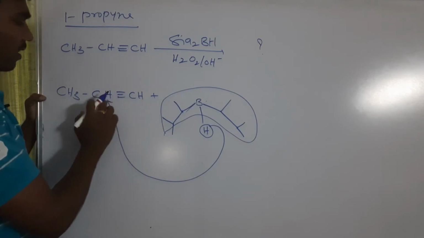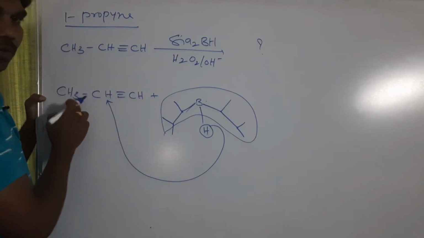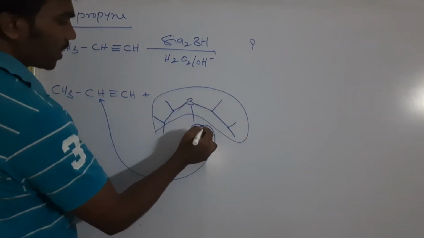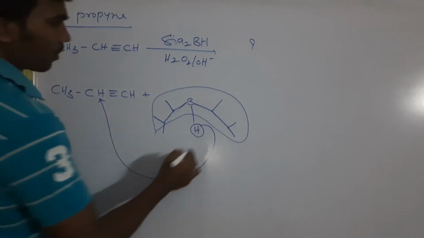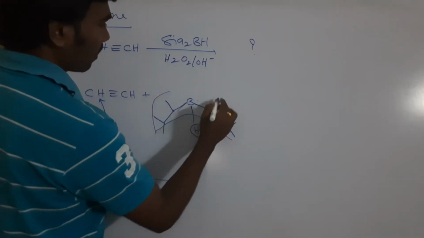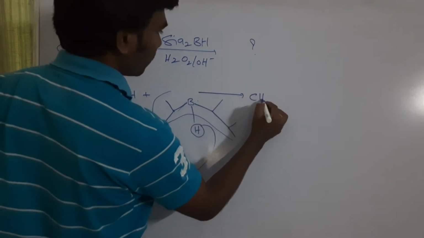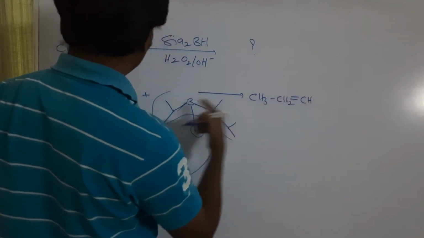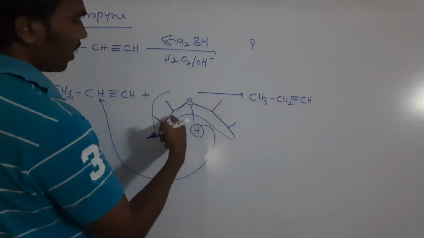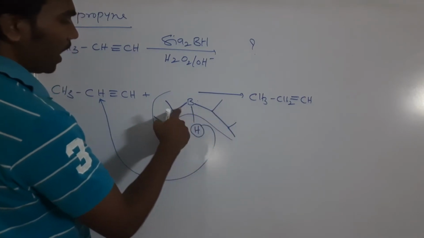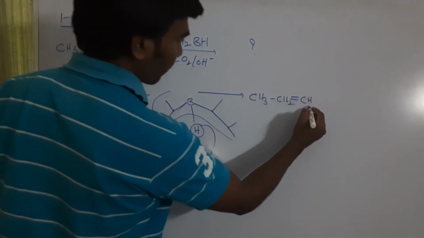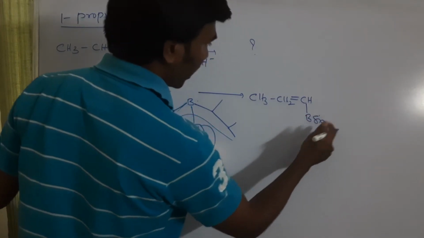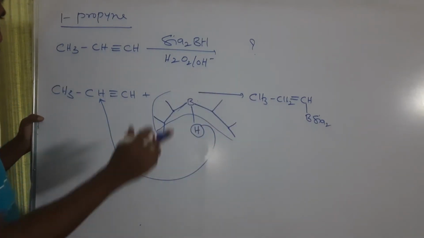In this alkyne, this carbon is carrying the methyl group, so this total group will get a positive charge and this one a negative charge, so this negative charge will attack here. Finally we are going to get CH3 CH2 and CH double bond CH and this disamyl borane. In this, boron and these two alkyl groups are connected here, so I am taking B and SiA2 in short. Hydrogen is not there.